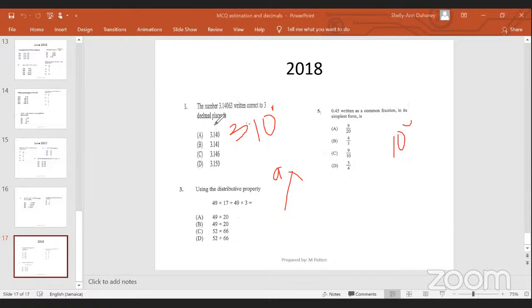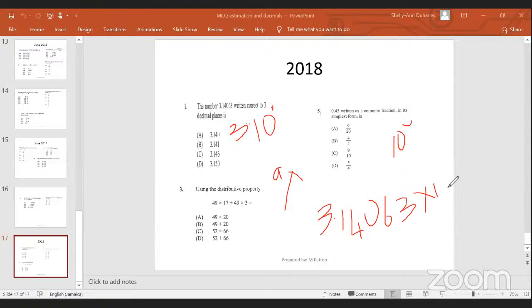Look at it. So this is the question, this is the answer. 3.14063 times 10 to the what? How many places would I have to move